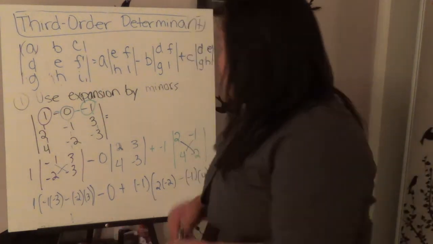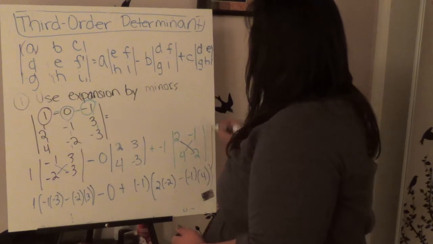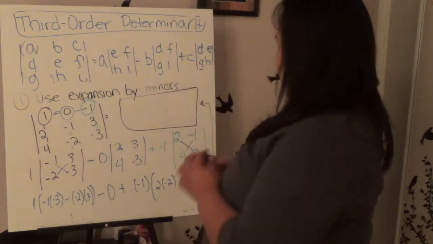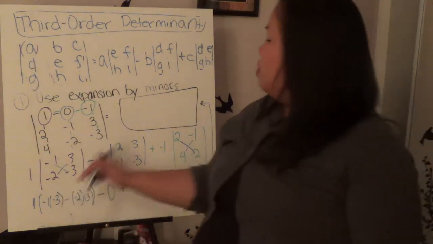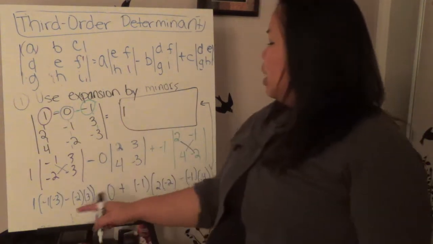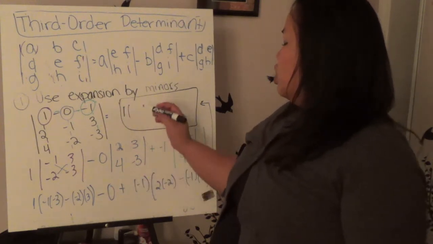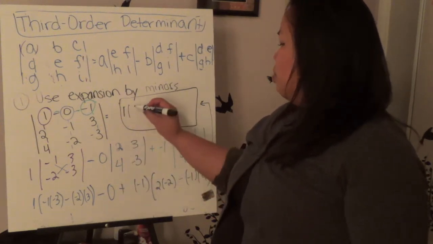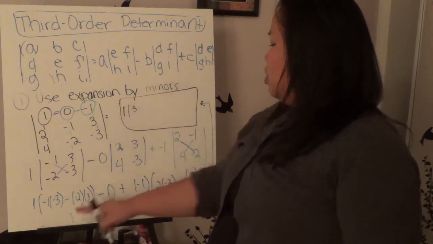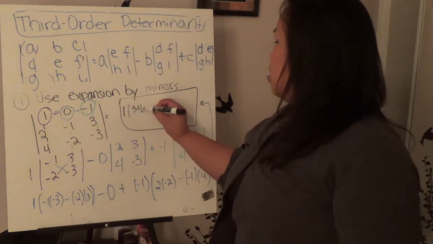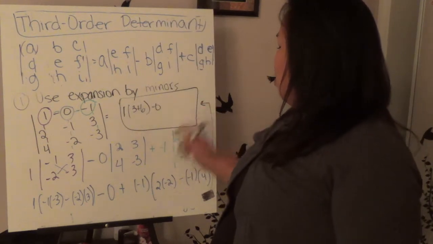So what I'm going to do is take it and move it here just so you can see it. Okay? So this would be 1 times -1 times -3 is +1. So it is positive 3 minus -2 times 3 is -6, so +6 minus 0, and then